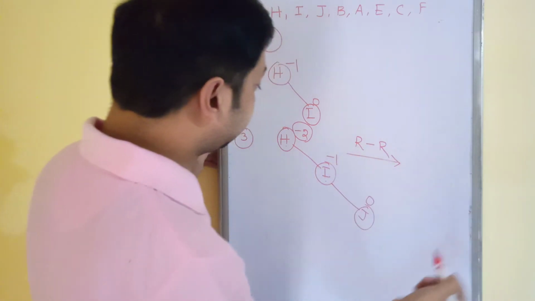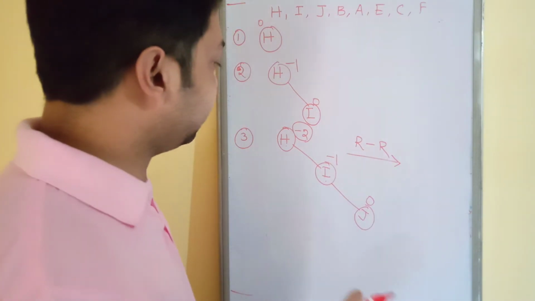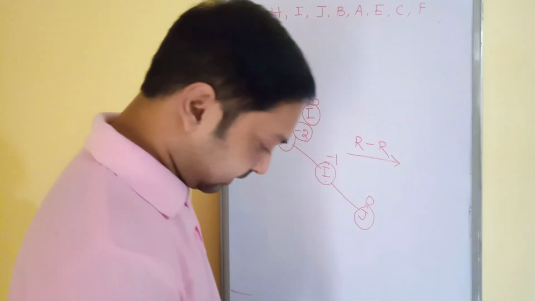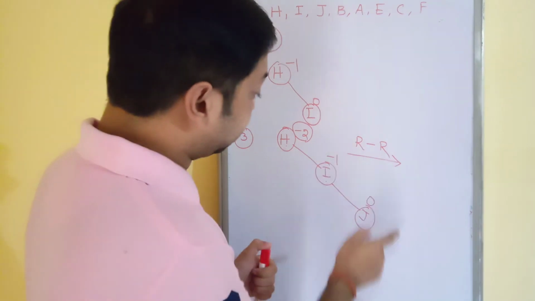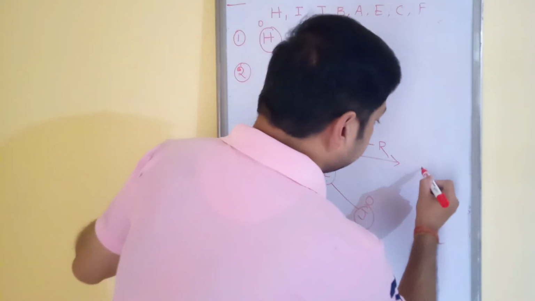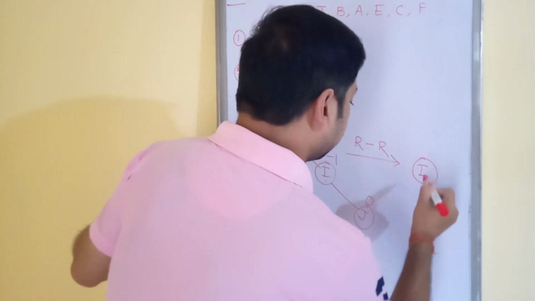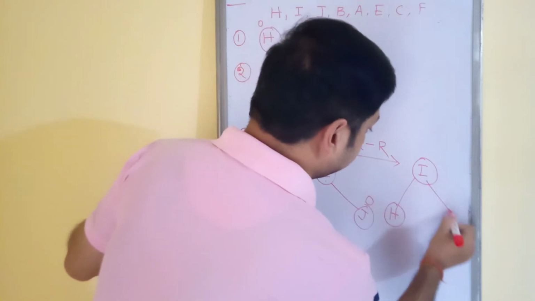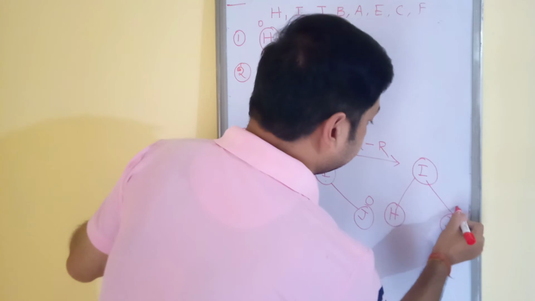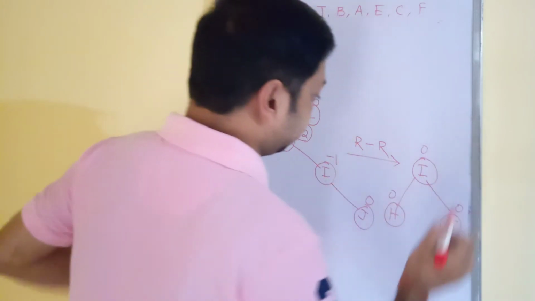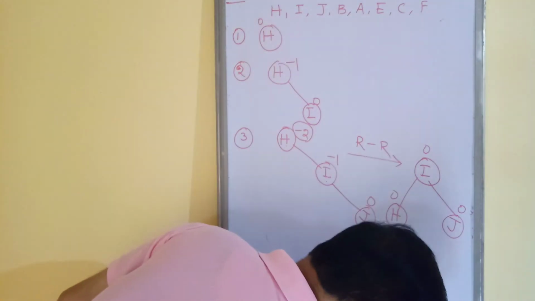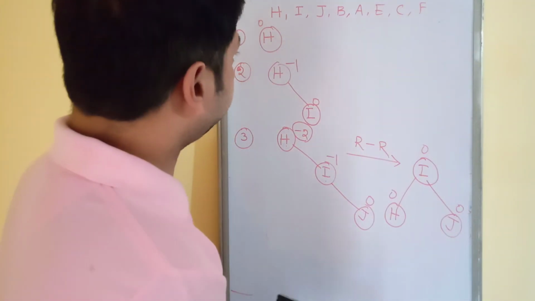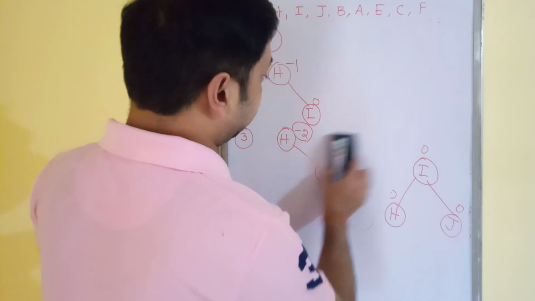So apply the same technique. Out of H, I and J, which one is the smallest one? H. Which one is the largest one? J. And which one comes in between? That is I. So make I the root. The smallest one will be on the left hand side and the largest one will be on the right hand side. Just see 0, 0, 0. So this is the simple technique here. So now we will move to the next part. So this is the required structure.